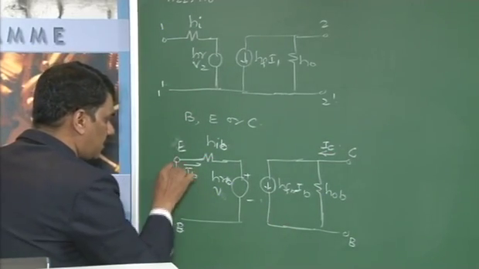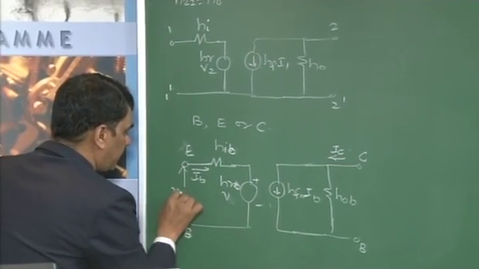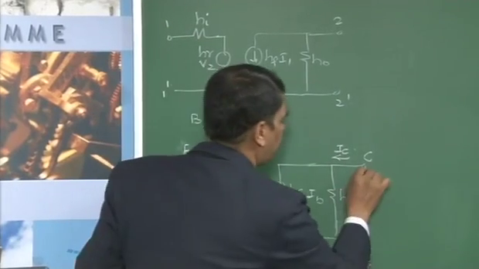The voltage across the input is the emitter base junction voltage VBE, and the output is taken across